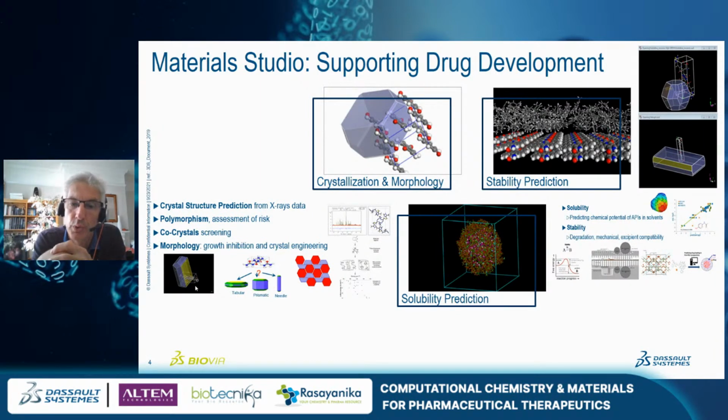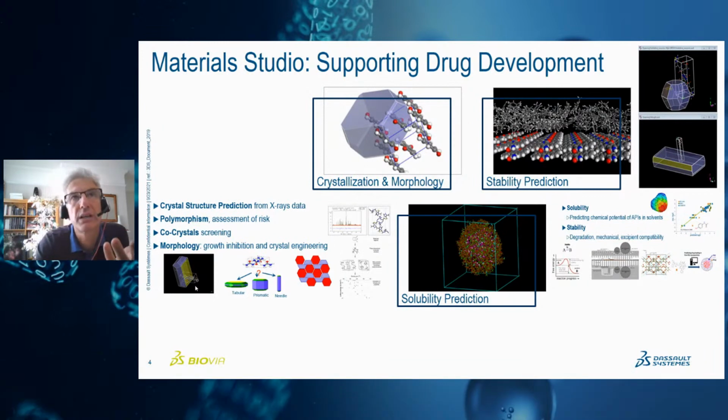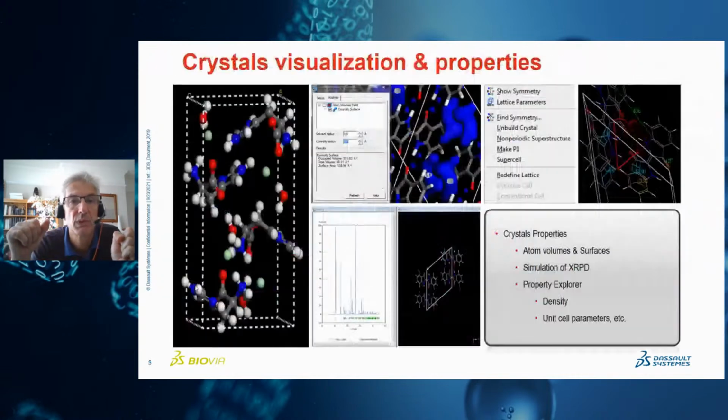We will look also at solubility and stability, that are the two main physical characteristics of interest in this development process. We want to enhance solubility to increase bioavailability and bioefficiency, and we want to increase stability to have a product that has a long shelf lifetime, right? So the first thing we do with our in silico tools is to look at the crystal.